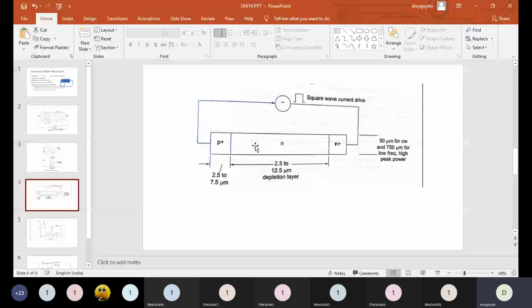So from notation to notation, the operation of this entire TRAPATT is explained. This particular graph is very essential while you are answering this topic. So I'll repeat these notations once again. A to B, the diode is charging. B to C as well as C to D, formation of plasma is taking place. D to E is plasma extraction around the depletion layer,